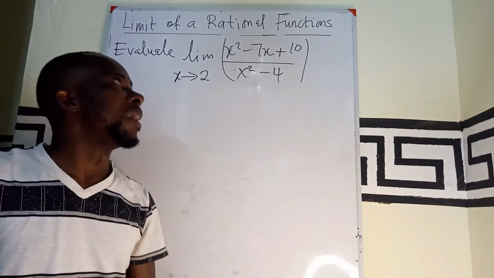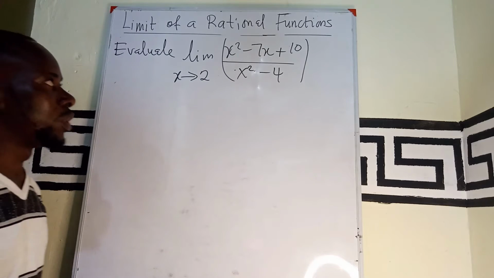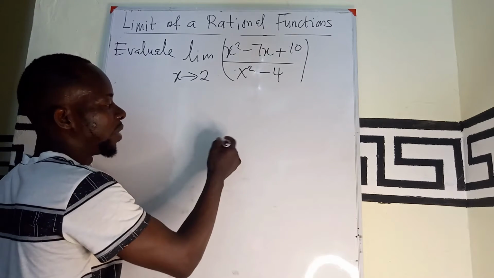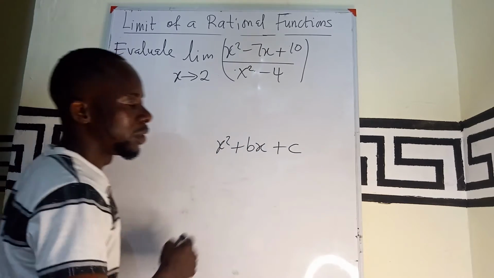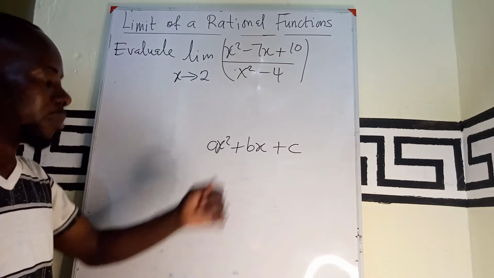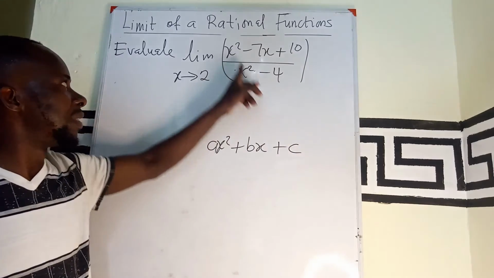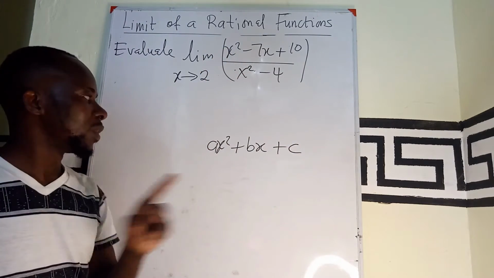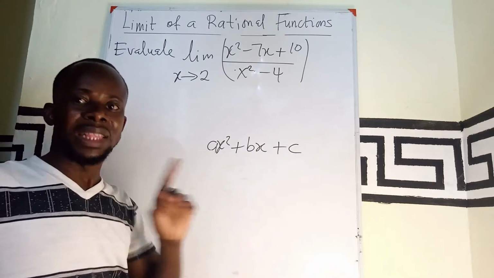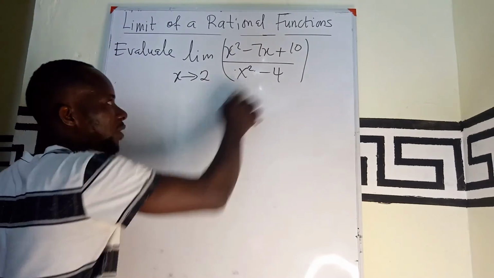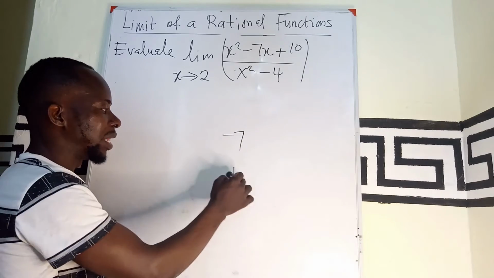Now the numerator is a quadratic equation, and if you have a quadratic equation, since this is in the form x squared plus bx plus c, normally we have ax squared plus bx plus c. We use the a to multiply the c, but in this case our a is a coefficient of 1, so the a is not going to be there. So we have factors of c. Simply put, factors of 10. When you add, you get minus 7,